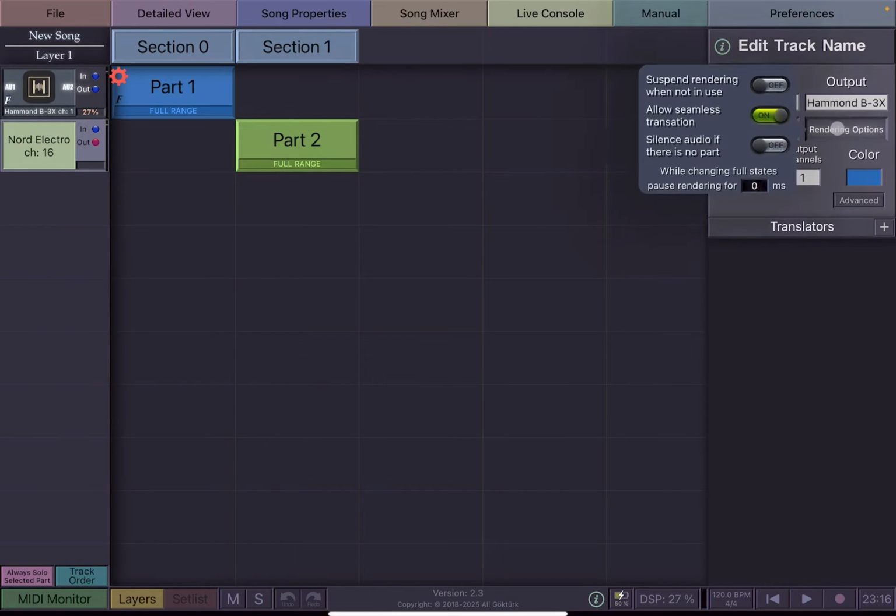So for this audio unit, seamless transition is on. If I turn it off, now only AU1 shows up. So there is only one audio unit here, and it's currently active. It's currently running with 14% DSP. If I toggle this on,